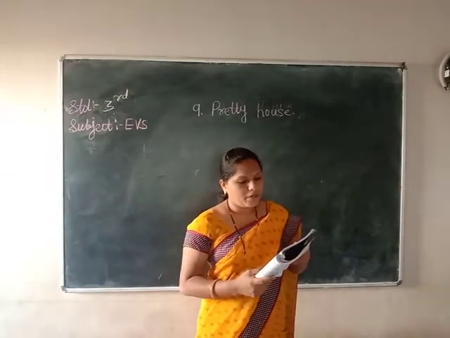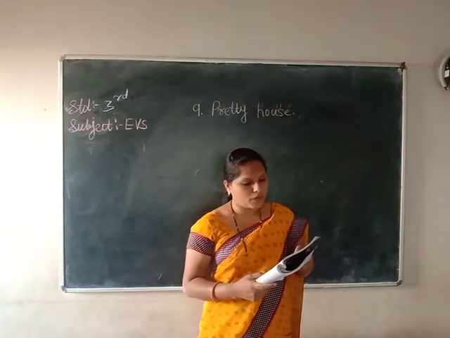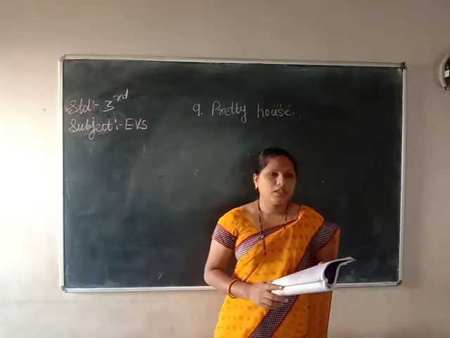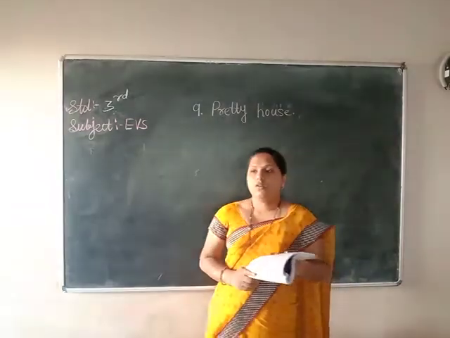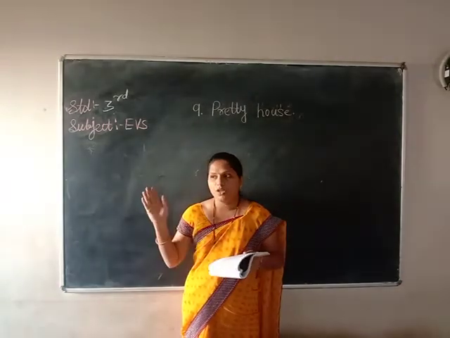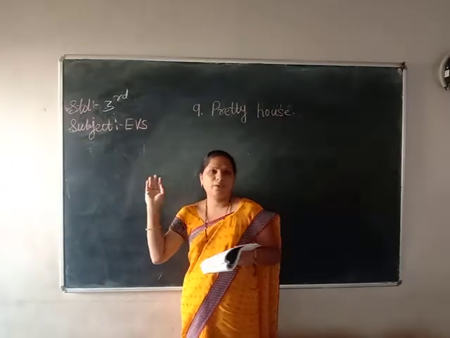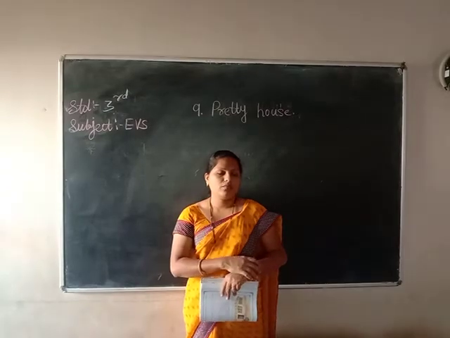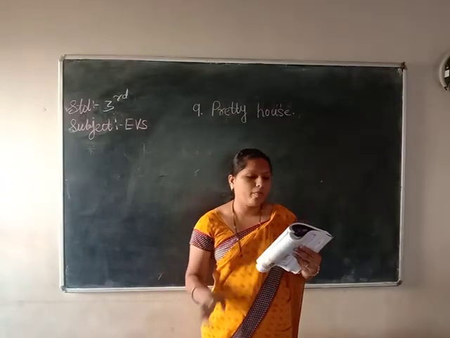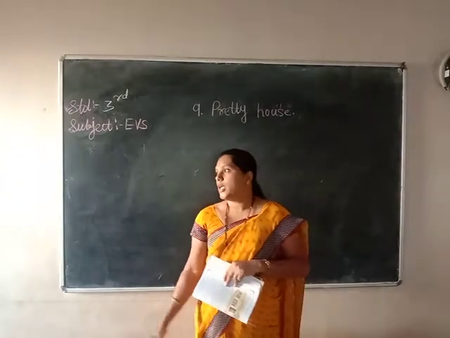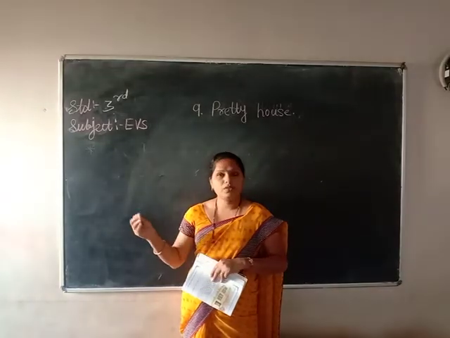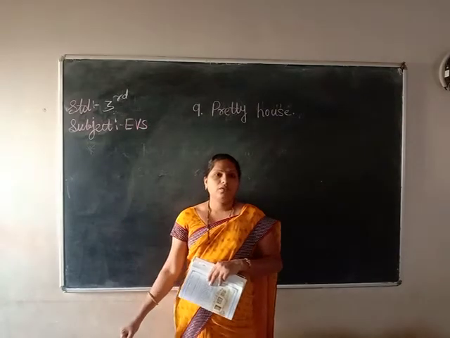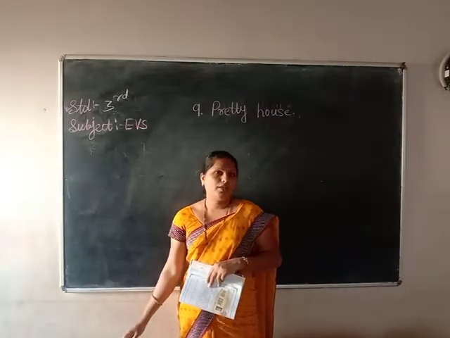Okay, there should be protection from thieves and robbers. So the windows and doors should be strong. This is also important, children. Don't make only sliding glass windows. That is very dangerous. Why? Because strangers, robbers or thieves may come inside suddenly through those windows and doors. So they should be very protective.